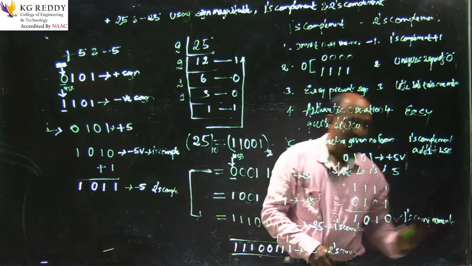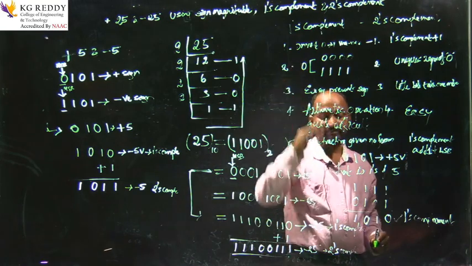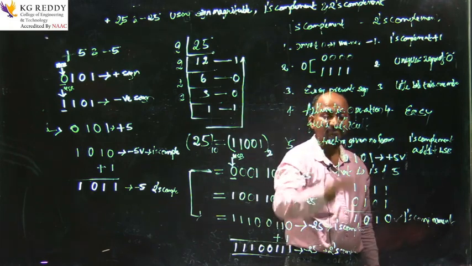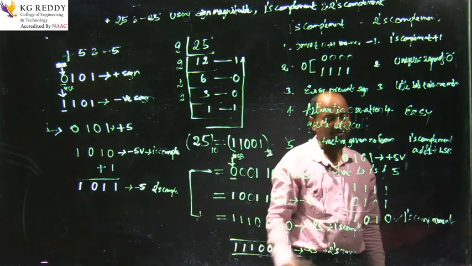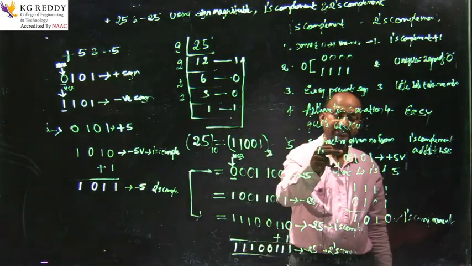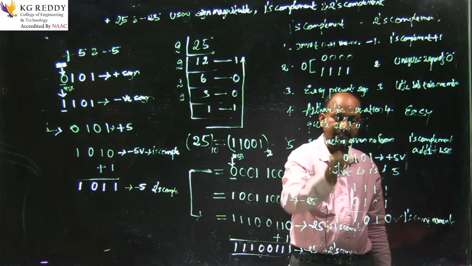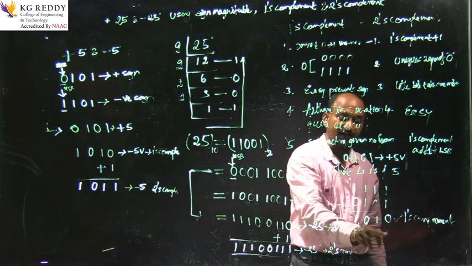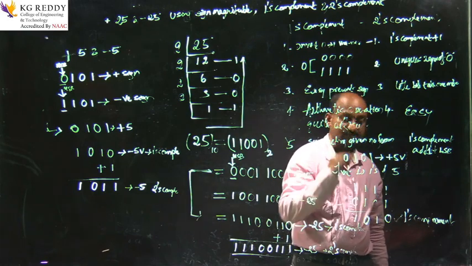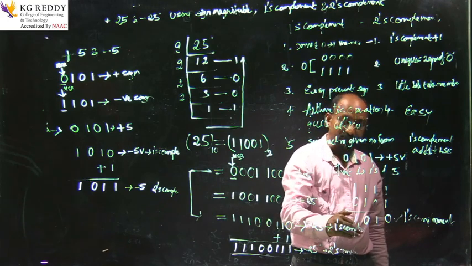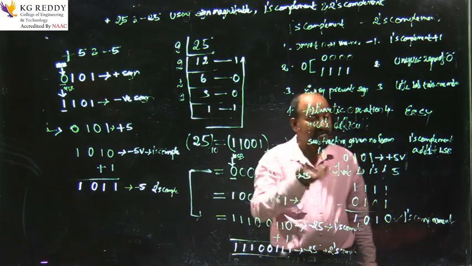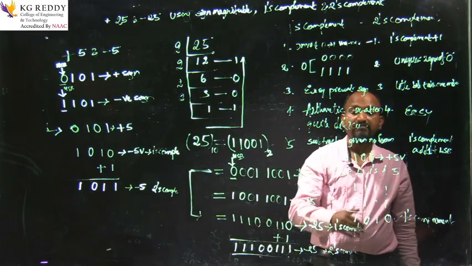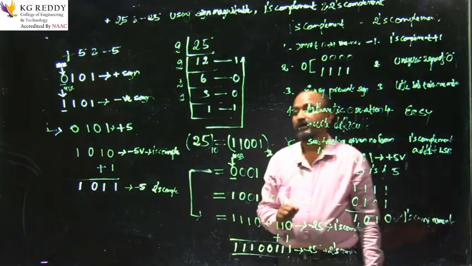As I told you, why we call it 1's complement is that we are subtracting the given number from the ones. Hence, it is called the 1's complement. That is, 1 changes to 0, 0 changes to 1. This is how we got the 1's complement. How do we get it? Subtracting the number from all the ones. So that is the reason why we call it 1's complement. Simply, we are subtracting the given number from the ones.